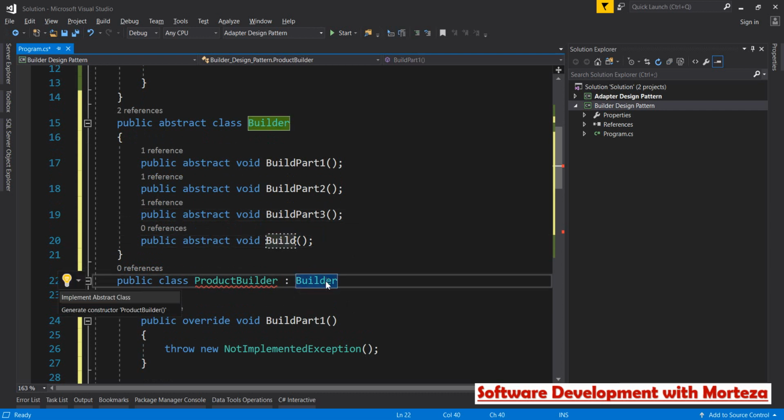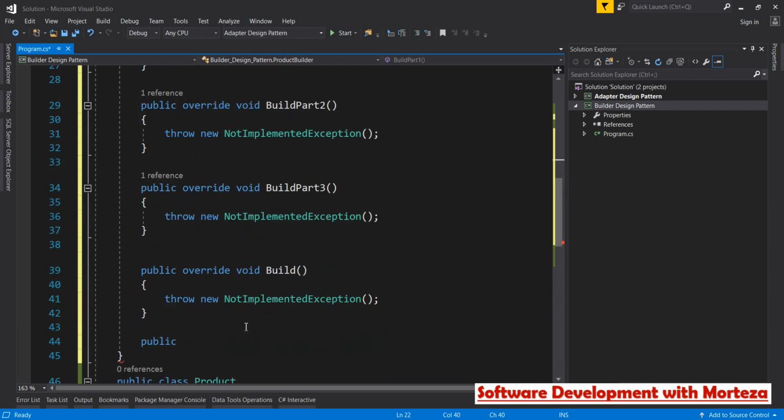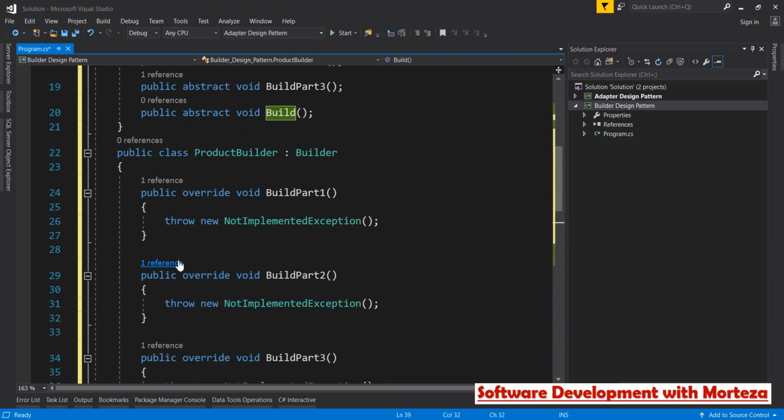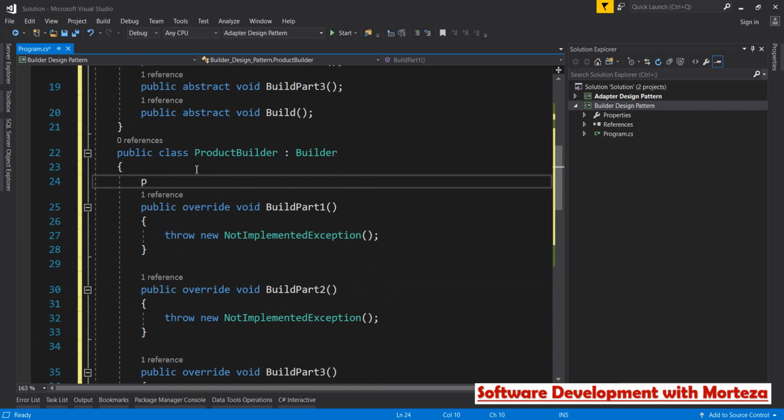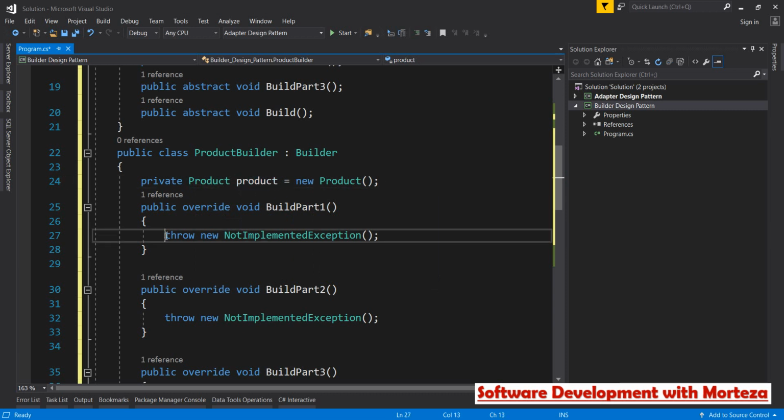I'm going to implement the abstract method build, and in this we're going to create a private product called product, and in the build part 1 I'm going to say part 1 is, for example, building, or let me put it this way,